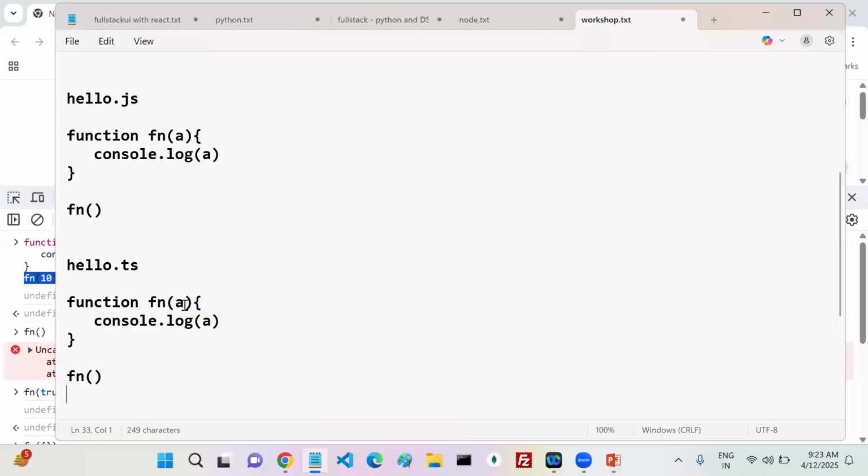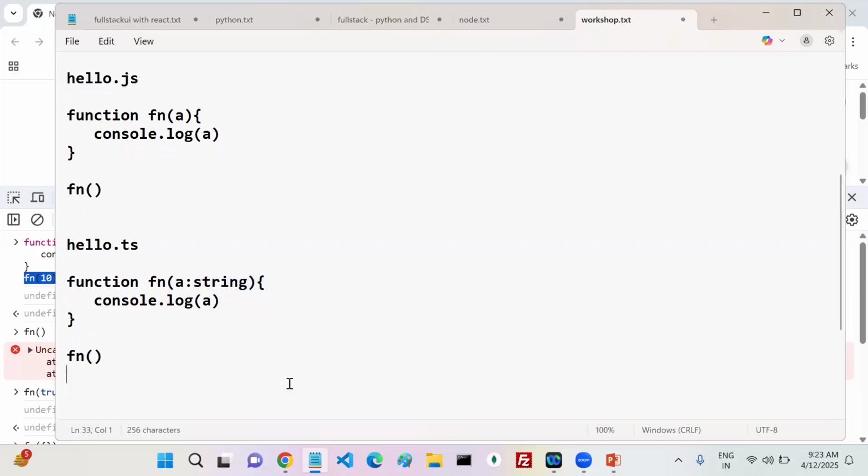But here we are going to add the type for that particular variable. Like this we can write our TypeScript code also. Same JavaScript code only, we are going to mention the type.